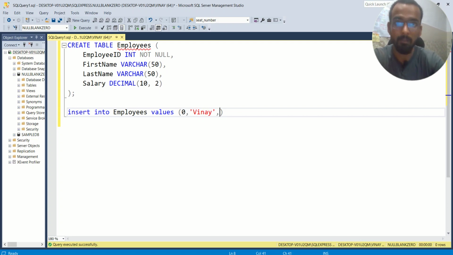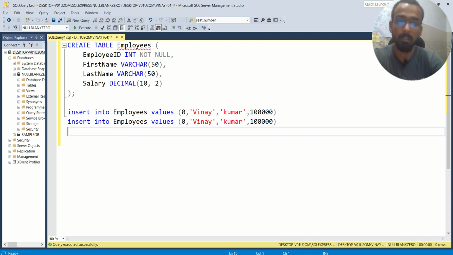I'm just typing as per our requirement. I'm putting 0 first, then first name, last name, and the salary. So I'm typing my name, Vinay Kumar, and the salary, let's say 10,000. Okay, hope you have understood the concept of 0, null, and